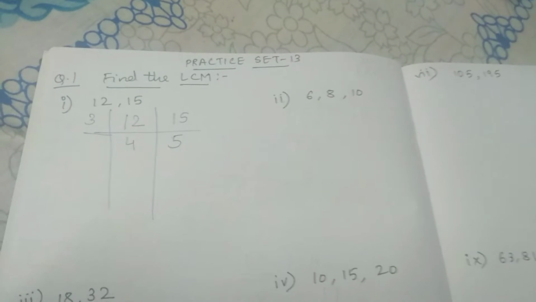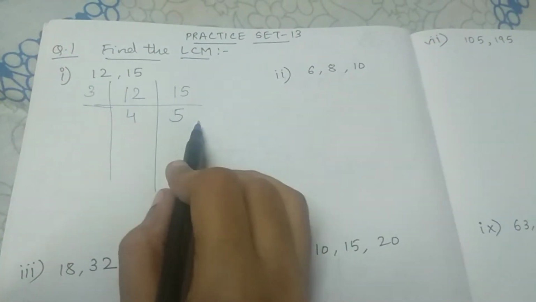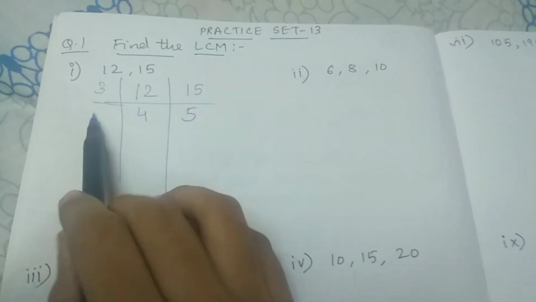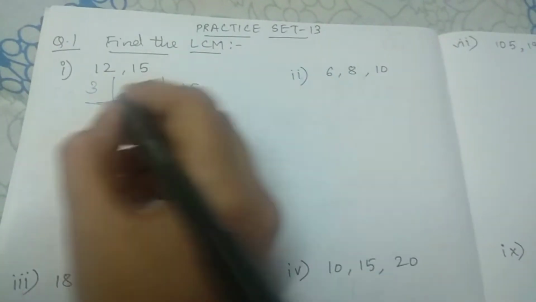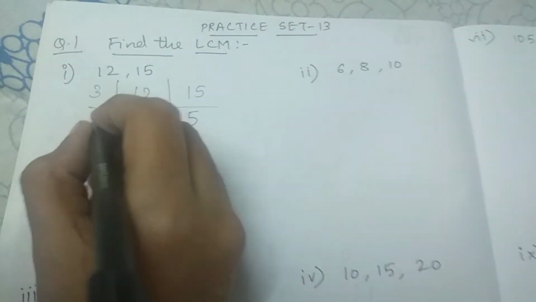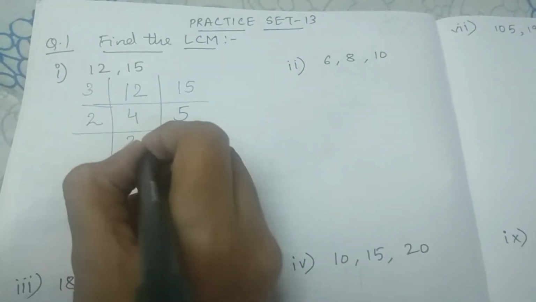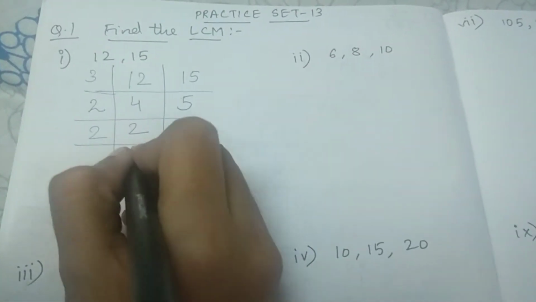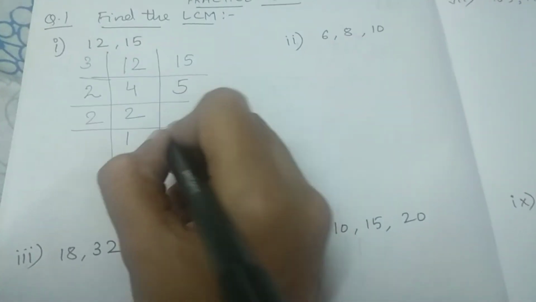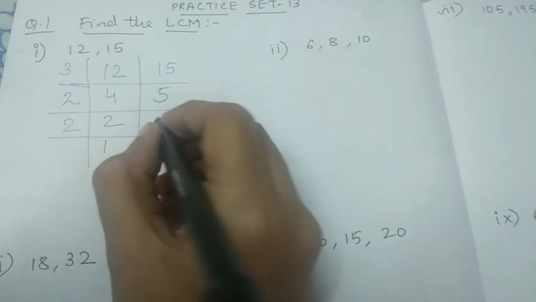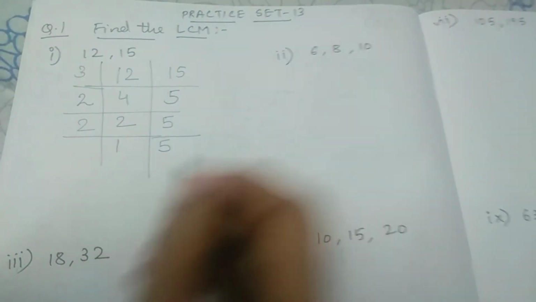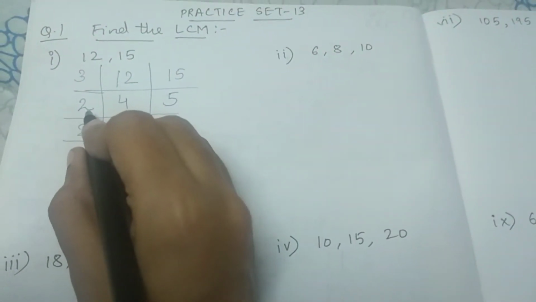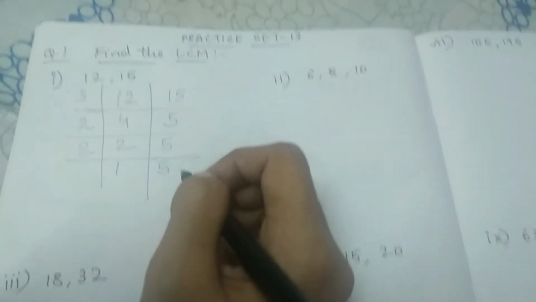Okay. Now 4 and 5. 4 and 5 do not have a common divisor. When they don't have a common divisor, we will write their factors one by one for each number. First, let's start with 4. So if I am doing it for 4, I am writing here 2. So 2 2s are 4 and 2 1s are 2. When I am writing here for 4, I have to write the number 5 as it is. Why? Because 5 is not divisible by 2. That's why we have to write this number as it is.